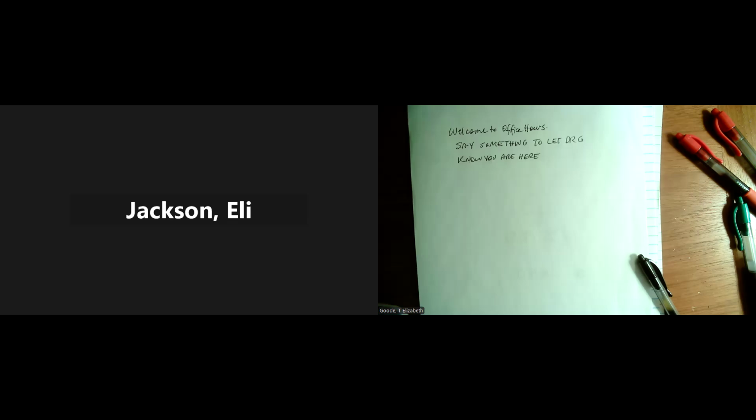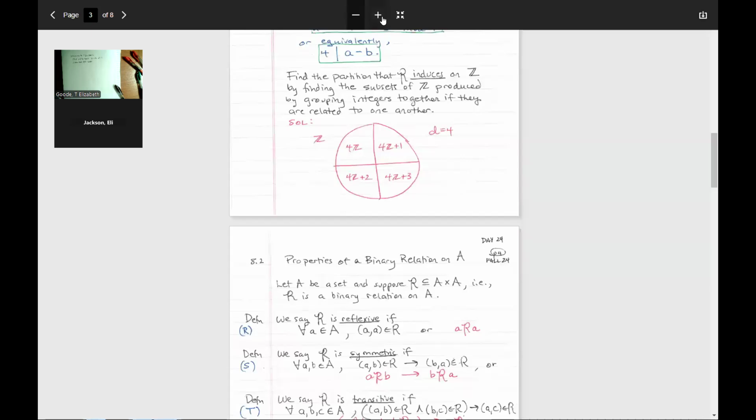Okay, now I can start sharing again. So we're looking at day 24 notes. We're looking at this example 3,